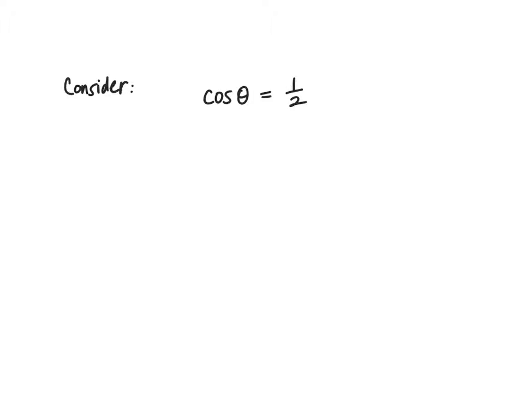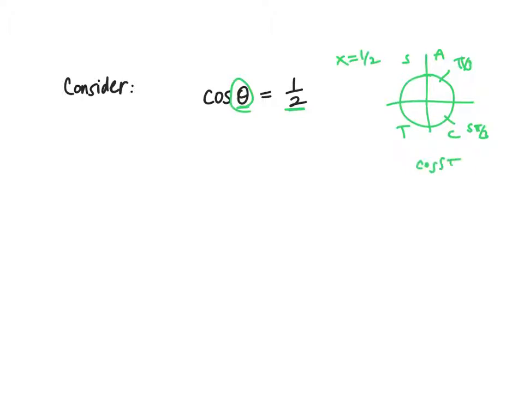Let's take a look at the following. Cosine of theta equals 1 over 2. Okay, so two ways to think about this. When you take the cosine of what angle do you get out a ratio of 1 over 2? So if you look at your unit circle, you're looking where your x-coordinate is positive 1 over 2. So that's going to be in quadrants 1 and 4, since it's all students take calculus. And that would give you pi over 3 and 5 pi over 3, right? So cosine of pi over 3 gives you a positive 1/2, and cosine of 5 pi over 3 also gives